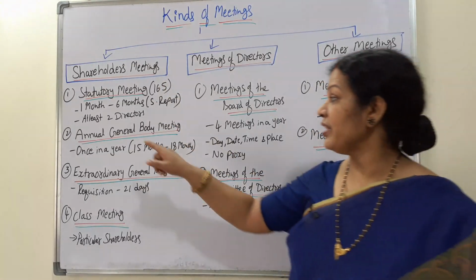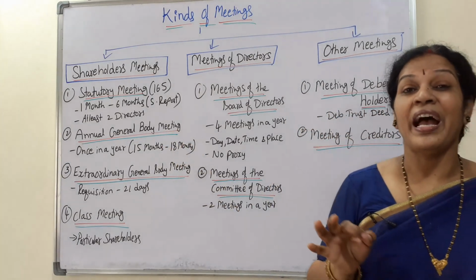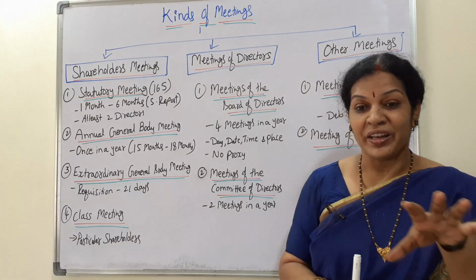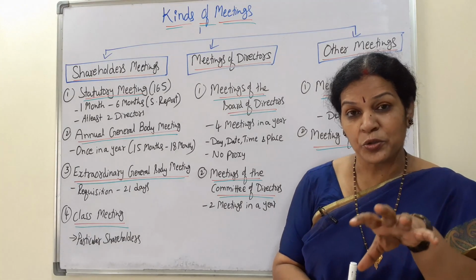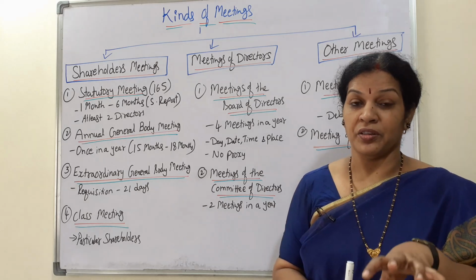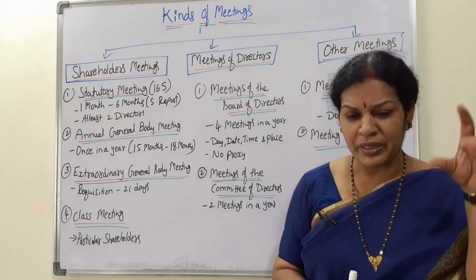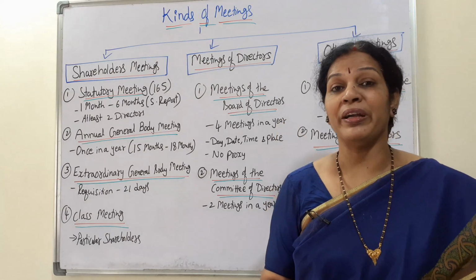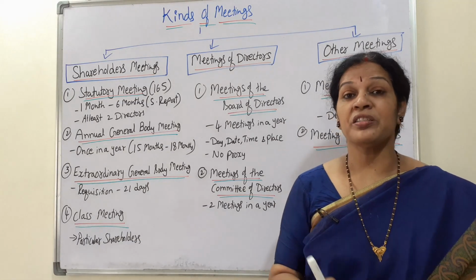And the second meeting is the annual general body meeting. Annual means yearly. One annual general body meeting has to be conducted by the organization yearly. So who will be participating? Mainly shareholders. The main purpose of the annual general body meeting is to invite all the shareholders to discuss